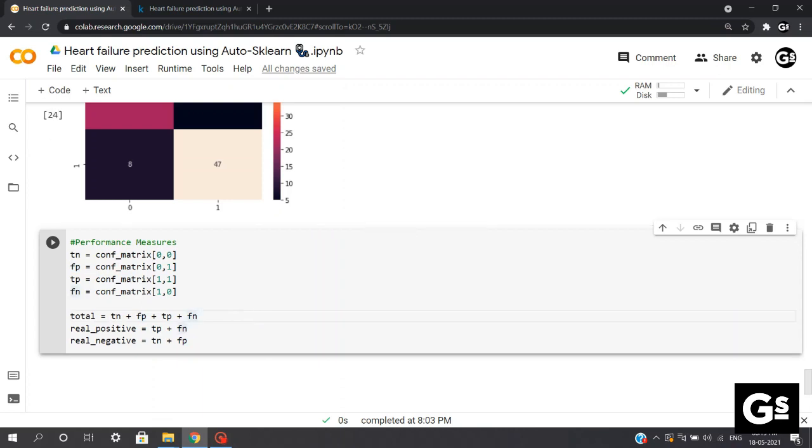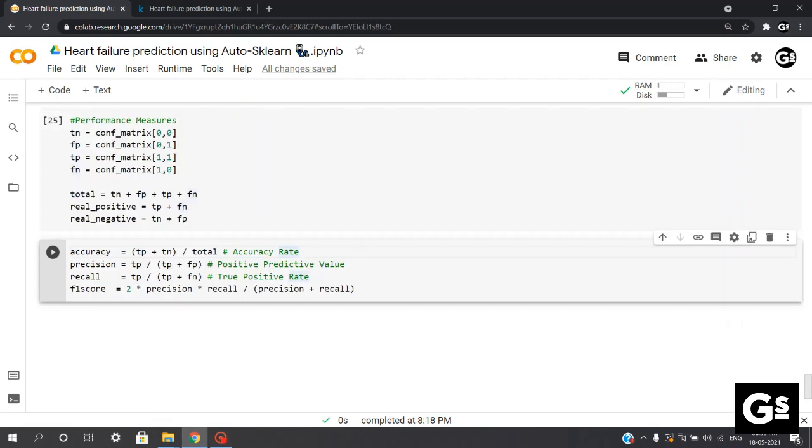Now, we have separate functions for extracting accuracy, precision, recall, and F1 score using scikit-learn libraries. But here we will be extracting the values of all these evaluation metrics from scratch so as to revise some concepts. Coming towards the accuracy, we know accuracy is calculated based on total correct values predicted divided by overall total values. So we'll be taking a sum of our true positive plus true negative divided by the total value and we'll be calculating our accuracy.